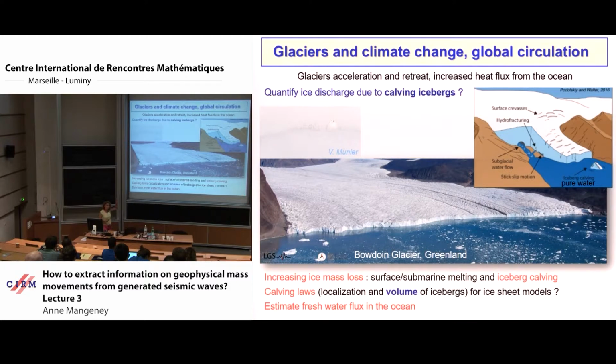which is completely at the northwest of Greenland, where I will go tomorrow, actually, to put some seismic stations. And you will see that the western glaciers are starting to lose more and more mass compared to the eastern glaciers of Greenland. And this is something that we observe thanks to the seismic signal.